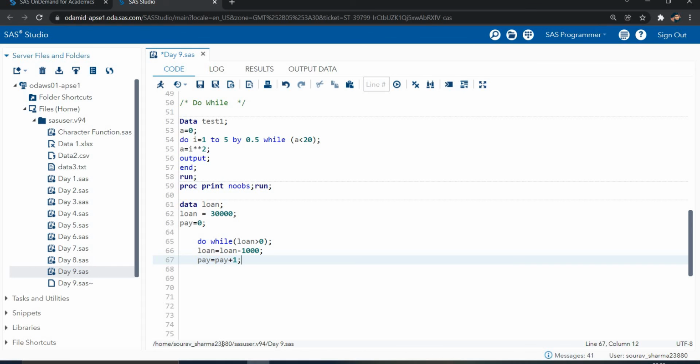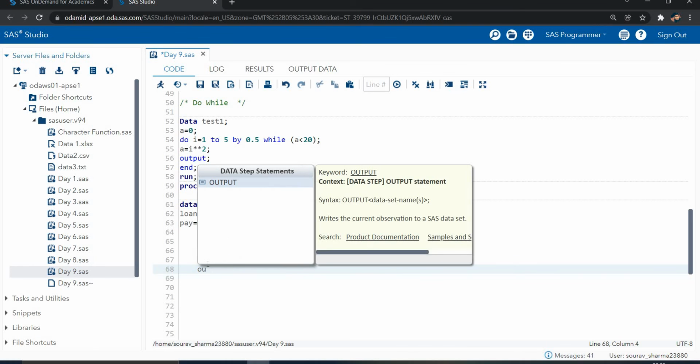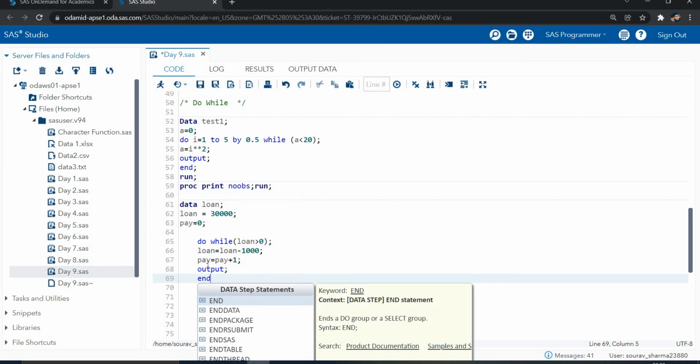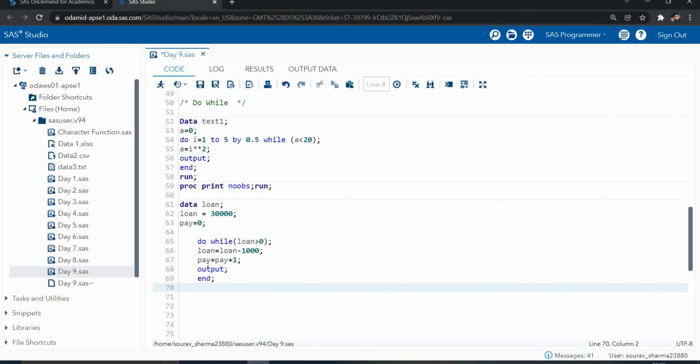Now what will be payment? Payment will be pay plus 1. Because I'm calculating how many installments I have to pay, we will calculate that here. Right now payment done is only zero. So when 1000 is deducted, then it gives pay as 1. When the next EMI is deducted, it gives the next, 2, meaning the second payment is deducted. So that is the EMI number. So how many EMI have I paid?